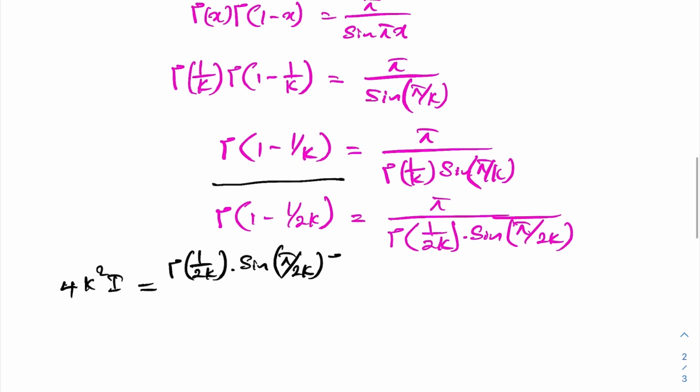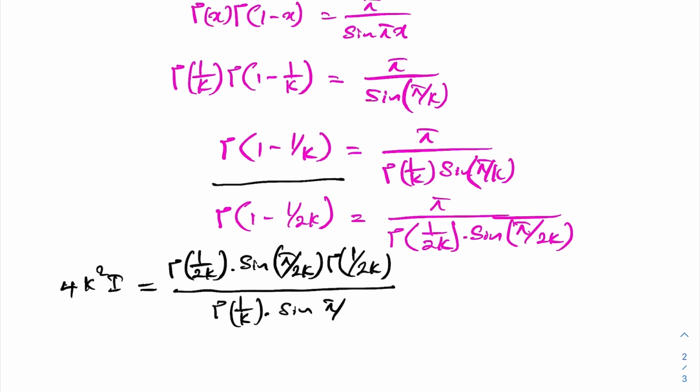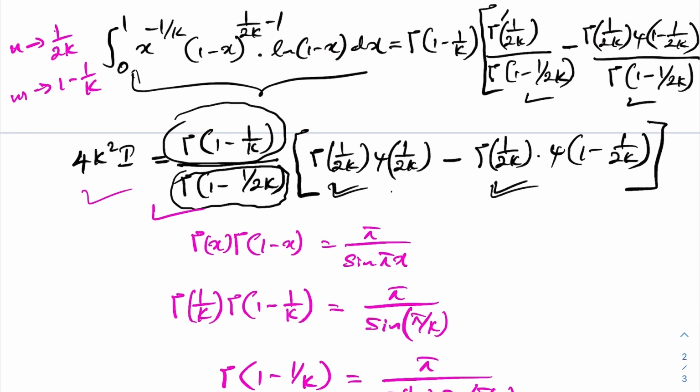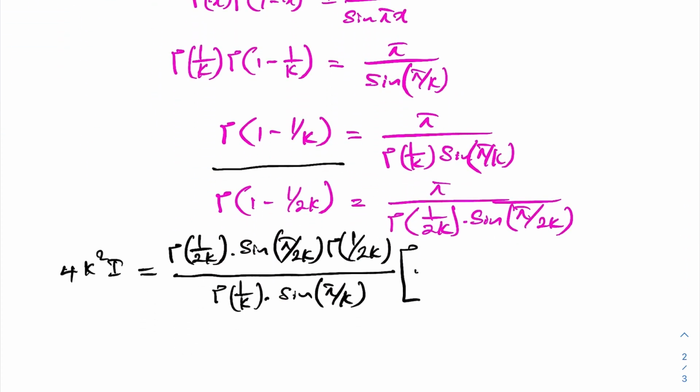So gamma of 1 over 2 times k over, now here we have gamma of 1 over k times sine of pi over k, then in parentheses, we have digamma of 1 over 2k minus digamma of 1 minus 1 over 2k. So digamma of 1 over 2 times k minus digamma of 1 minus 1 over 2 times k. Okay, then